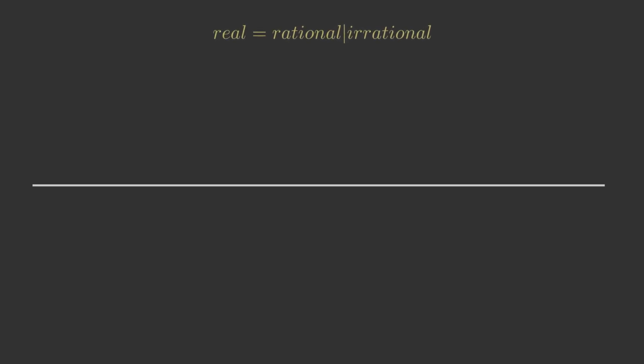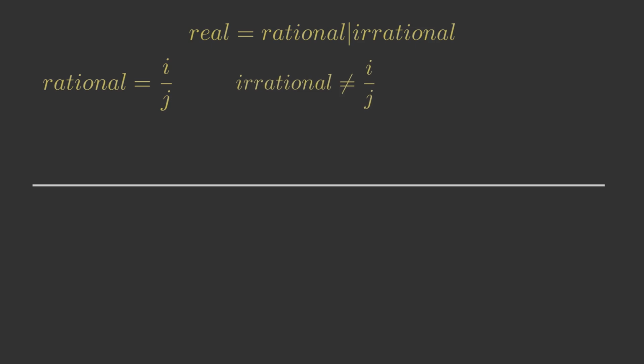To fully understand the Dirichlet function, we have to recap a few facts about real numbers. We can represent the set of real numbers as a line, stretching from negative infinity to infinity. Every point on the line represents a real number. Every real number is either rational or irrational. A rational number can be expressed as a ratio of two integers. An irrational number cannot be expressed as a ratio of two integers. Famous examples of irrational numbers are the square root of 2 and the constant pi, but of course there are infinitely many irrational numbers. Every integer n is a rational number because it is equal to n divided by 1,